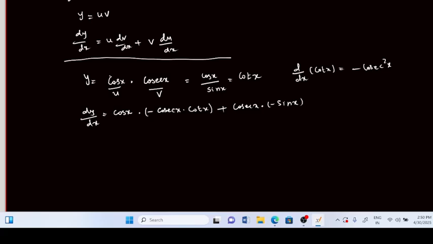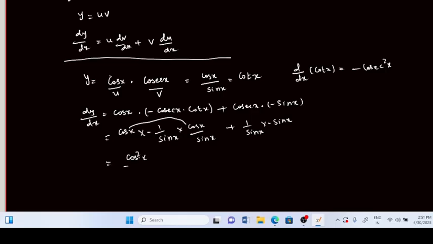So we can leave this one as it is. Better if we understand the simplifications. So here we do the simplification. Cos x into minus cosecant x can be written as minus 1 by sin x into cot x, which is cos x by sin x, plus cosecant x, which is 1 by sin x, into minus sin x. So here cos we can multiply, we get cos square x divided by sin x into sin x, which is sin square x,